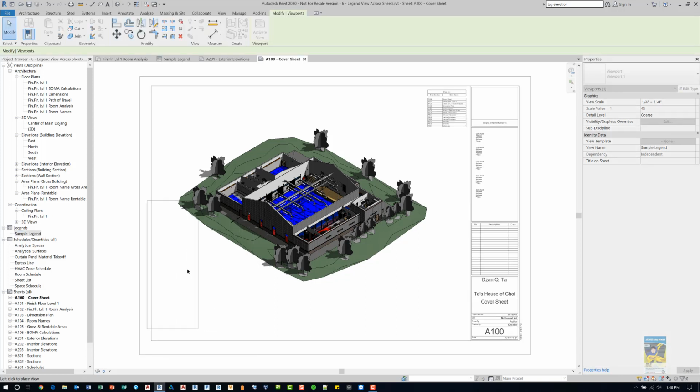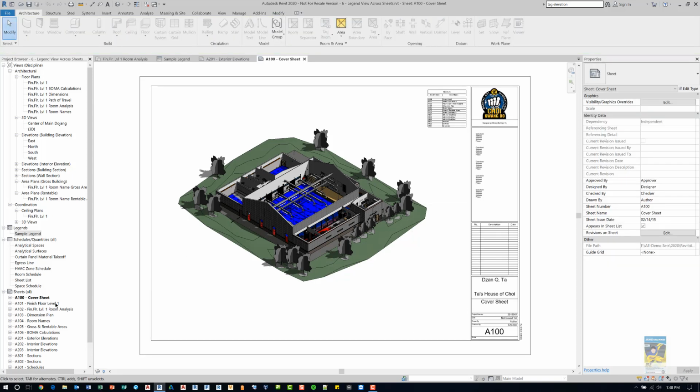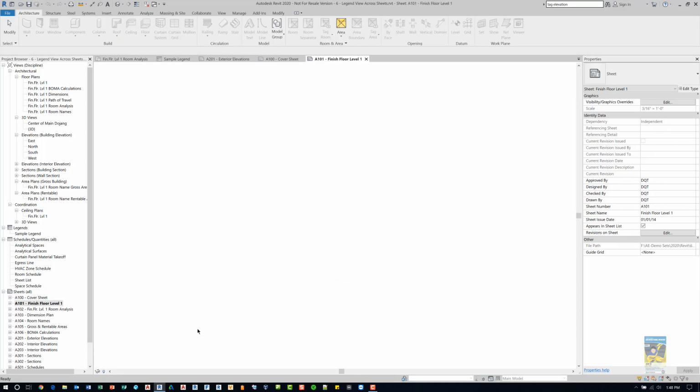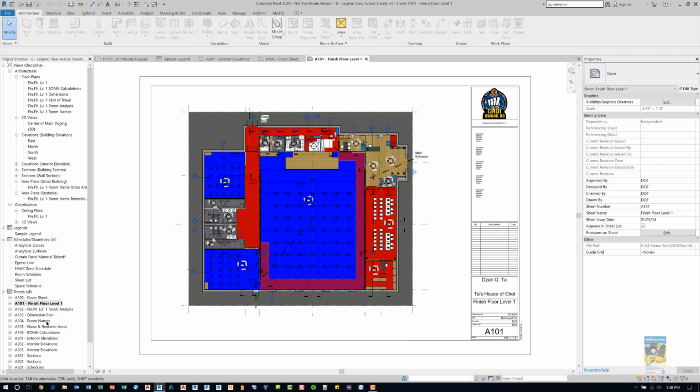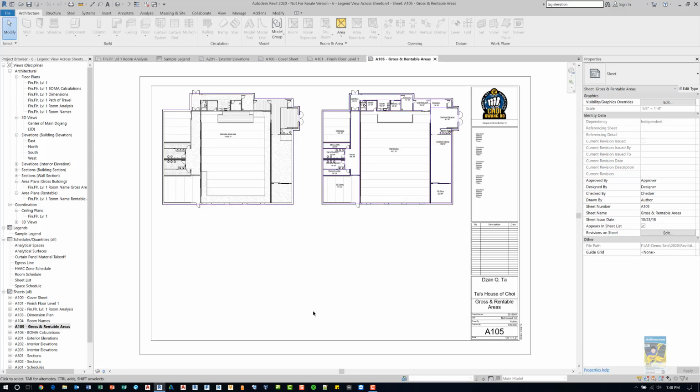But in this case, I don't want to do that. I want to place it in the exact same spot as the other sheet. If I open up A101 Finish Floor Level 1 sheet, there's some space here. I want to place it here as well. And then let's look at A105. Okay, so let's say, for example,